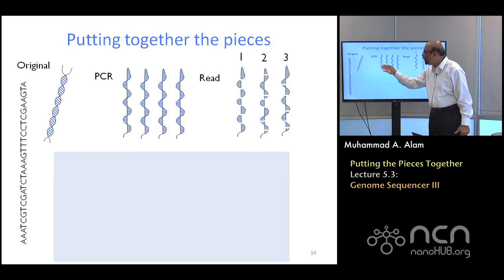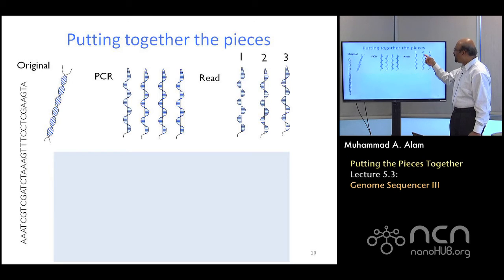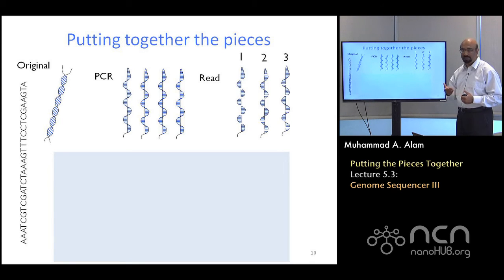Next, you repeat the same experiment, but cut it randomly. Since it's a random cut, there will be 40 million pieces, but they will not be the same pieces. So this is experiment 2. And then there's experiment 3, which is again 40 million pieces, but the pieces are not exactly the same as before. Once you have these 3 sets of experiments, this is sort of a redundancy experiment, then you can put the original thing back together. This is how it works.